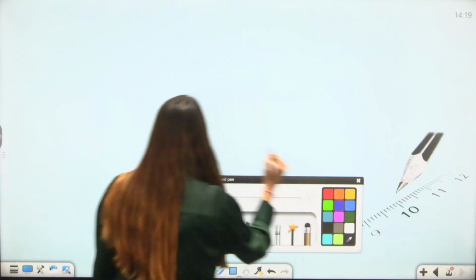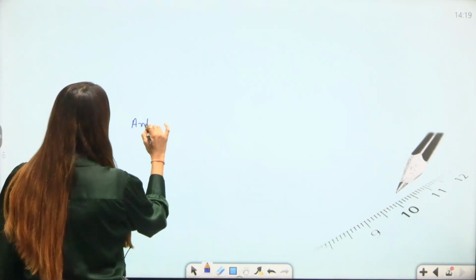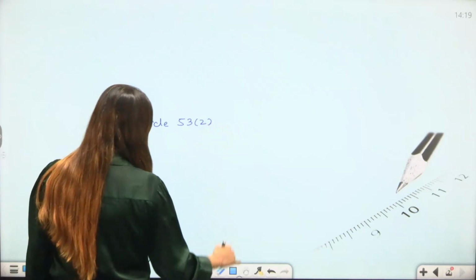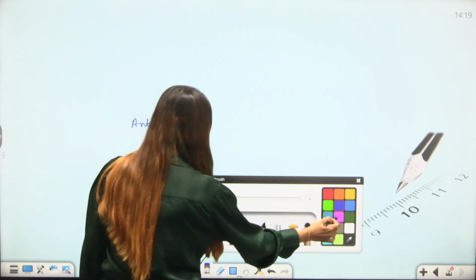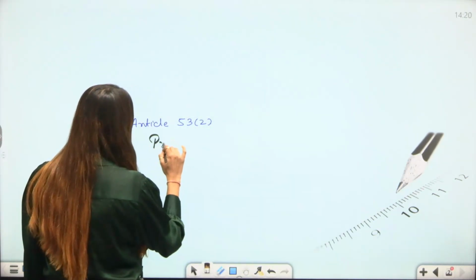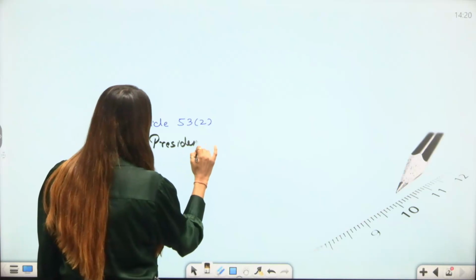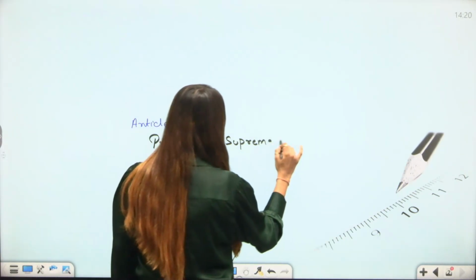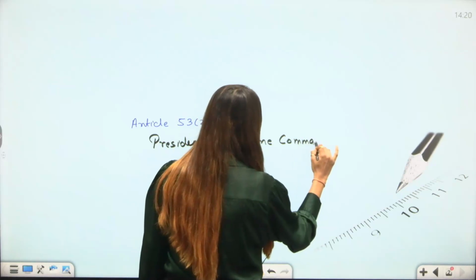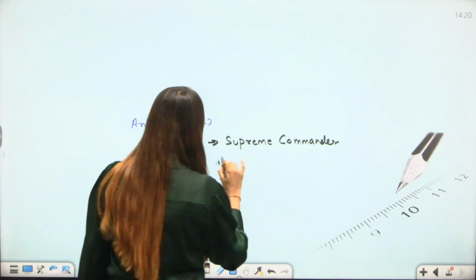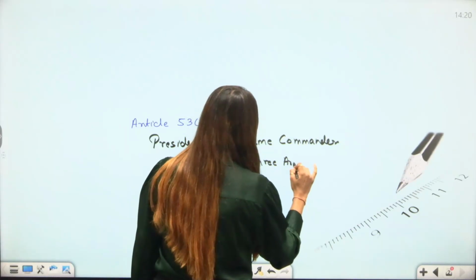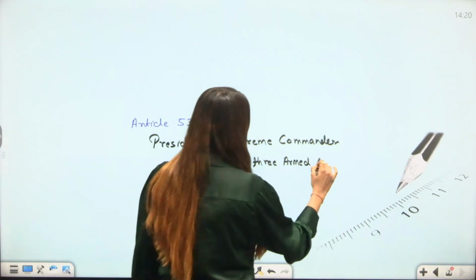First of all, we have Article 53 Clause 2. Article 53 Clause 2 of the Indian Constitution properly suggests that it is the President of India who is the Supreme Commander. The President of India is the Supreme Commander of the three forces, of the three armed forces. Now, this is all on paper because